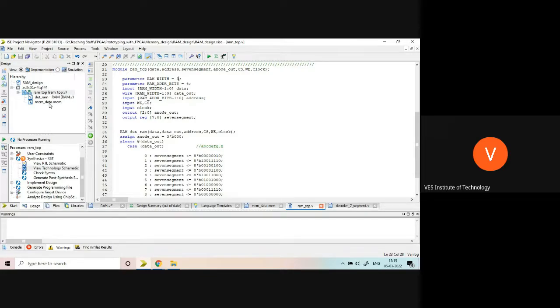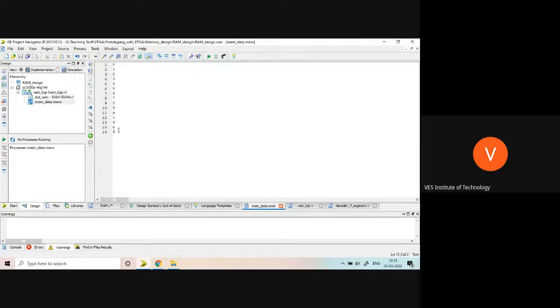Done. So memory data mem, I will shift it up to this point. So 16 locations will be filled with, instead of A, B, C, D, E, I will again write 0, 1, 2, 3, 4, 5, 6, 7. So 2 times 7 will be displayed on the 16 locations. Sir, one I print there, yeah? Line number 10. Yeah. Okay. Now it is correct. 0, 1, 2, 3, 4, 5, 6, 7, 0, 1, 2, 3, 4, 5, 6, 7.